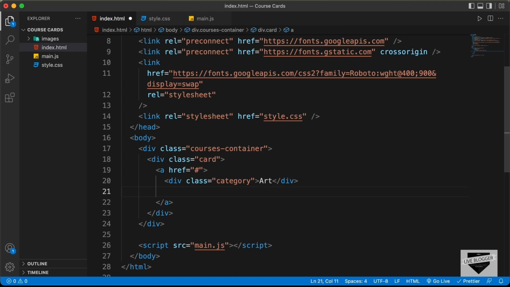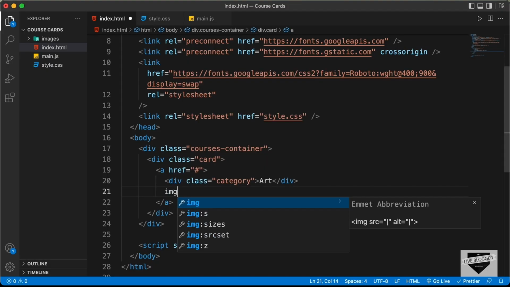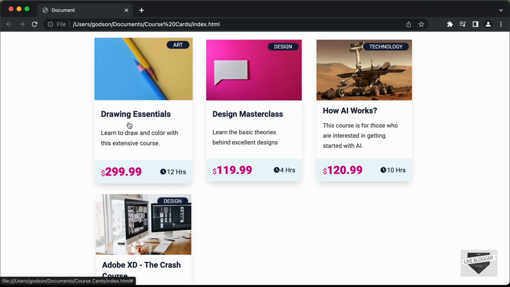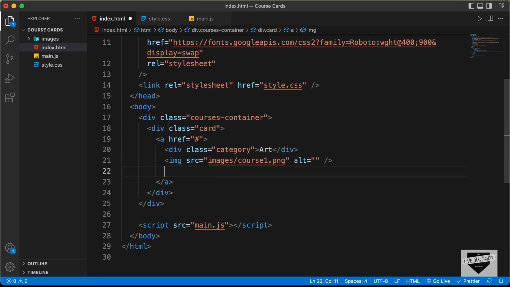Alright, the next thing we will do is get the image. So let's create an img tag, and here I'll just type images/course1.png, and the next thing we need to have is this heading. So let's create an h2, and we'll give the class of title, and here I'll just type drawing essentials,